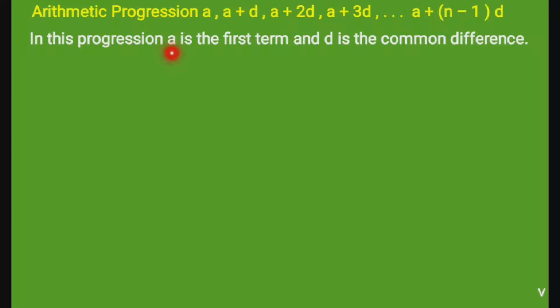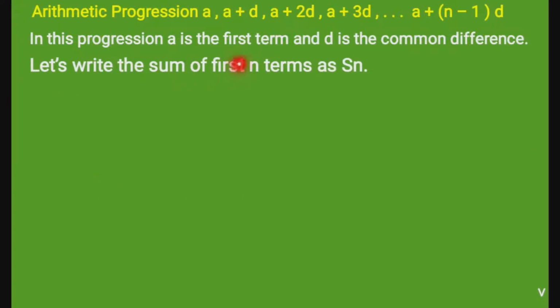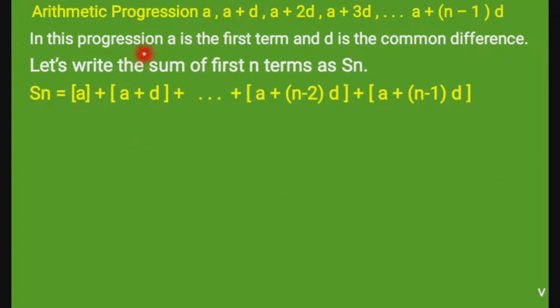So in this progression, a is the first term and d is the common difference. So we write the sum of all these terms. Let's write the sum of first n terms as Sn. So Sn equals a, which is the first term, a plus d is the second term, and so on. This is the last but one term, a plus (n minus 2) into d, and the last term is a plus (n minus 1) into d. So if we write the last term at first position and the first term at last position, we write this as